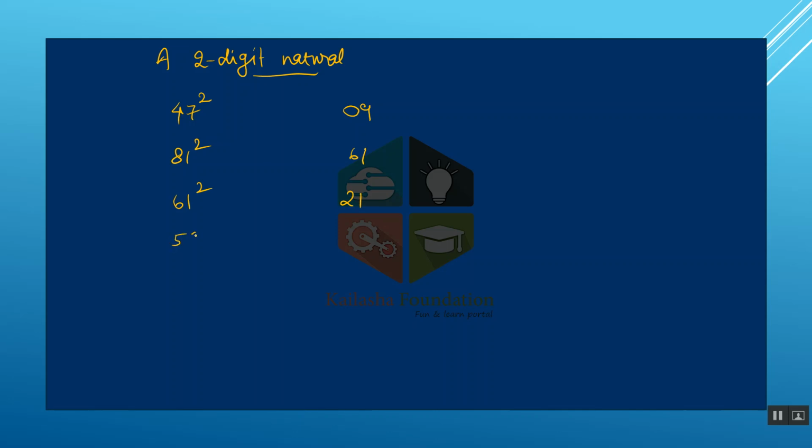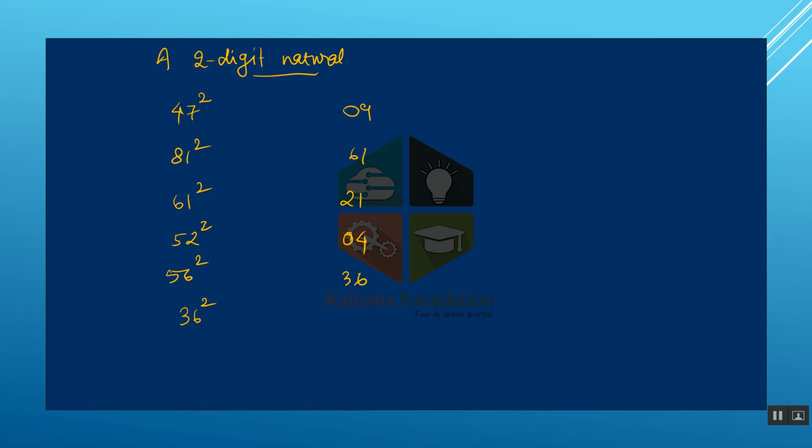Last two digits of 52 square. 52 square is basically 50 plus 2 square. Okay, so 2 square is 4, that means 04. Last two digits of 56 square, that means 50 plus 6 square. 6 square is 36. Last two digits of 36 square is basically